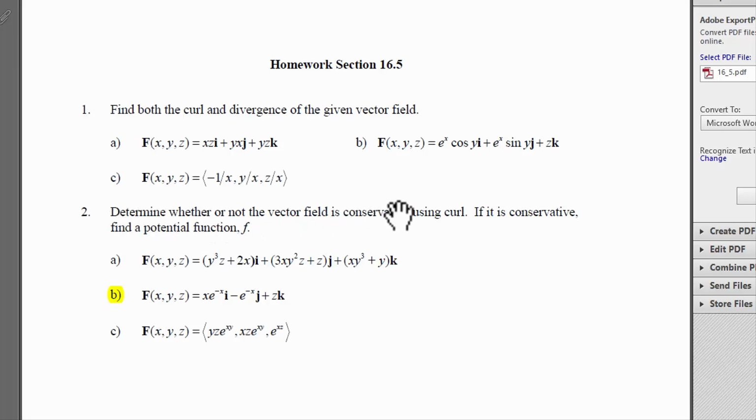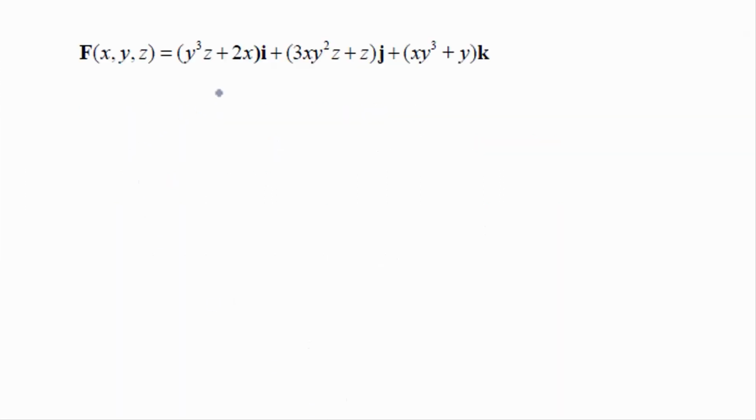Okay, determine whether or not the vector field is conservative using curl. What does the curl have to equal for it to be conservative? Zero. So it's a higher dimensional version of saying dQ/dx equals dP/dy. So let's find the curl of F,